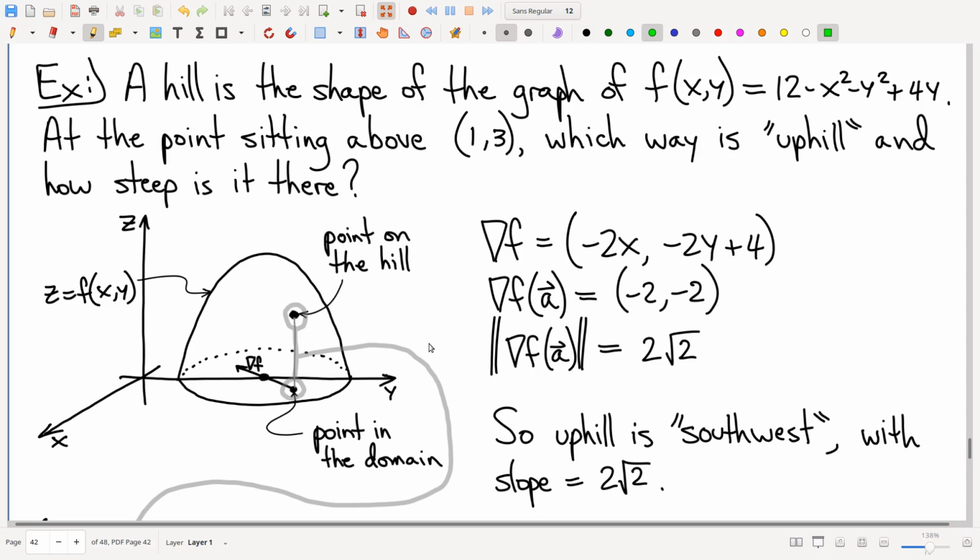So here it is. Let's talk about this point, 1, 3. I guess I've drawn 1, 3, not perfectly to scale, forgive me. But there's a point in the domain for this function. And now notice we're looking at a graph of that function, and you can recognize that graph as an upside down paraboloid, right? And so when I say that I'm at that point, well, really, that's where I actually am,